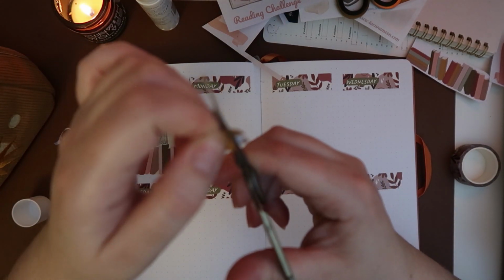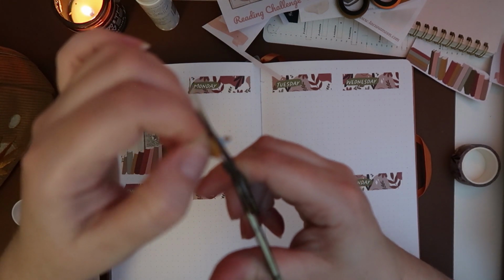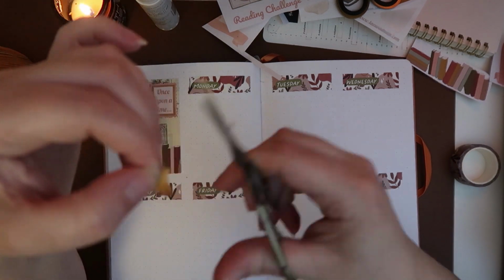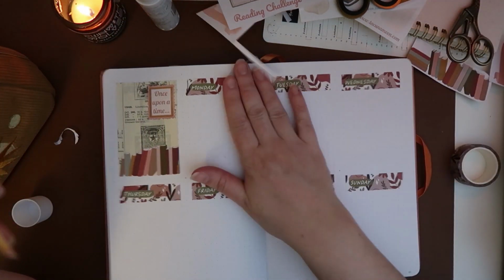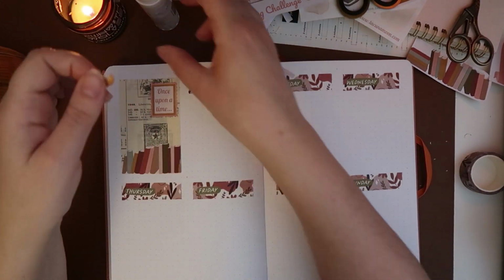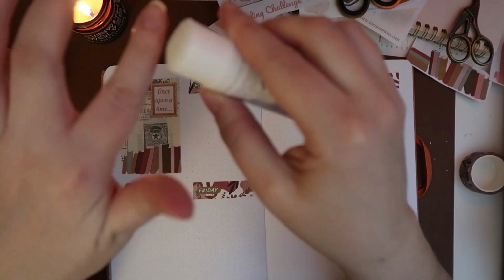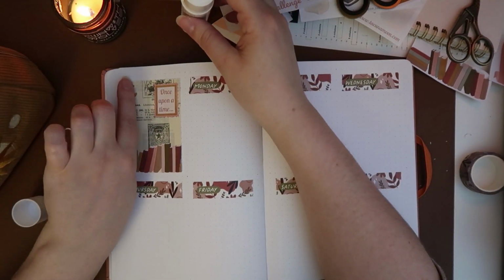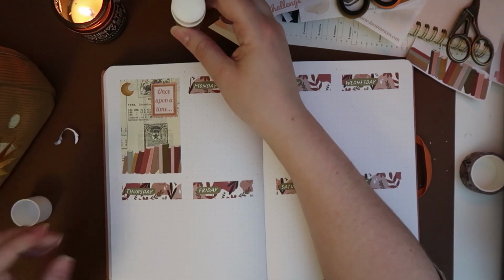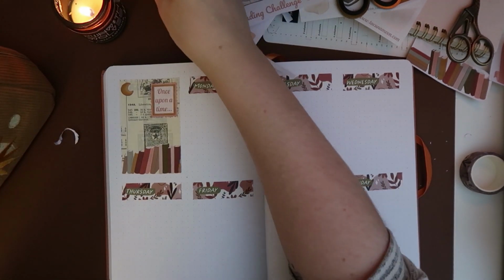But yeah, I hope you enjoyed watching. I really like doing the weekly spreads because it gives me the time to sit down and get them sorted and done, and then it means I don't have to worry about them for a little bit. So I hope you can either just sit and relax and watch alongside me, or maybe you can journal along with me, and it gives you the opportunity to get your weekly spreads done in a nice relaxing environment, and almost serves as like a co-journaling